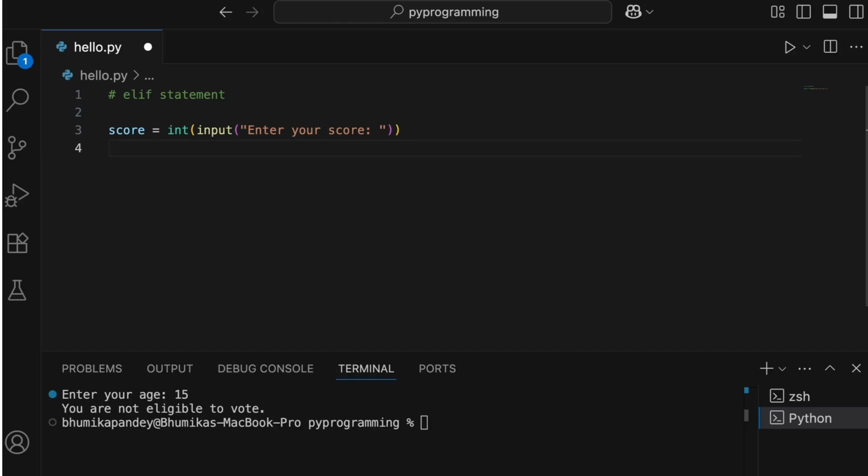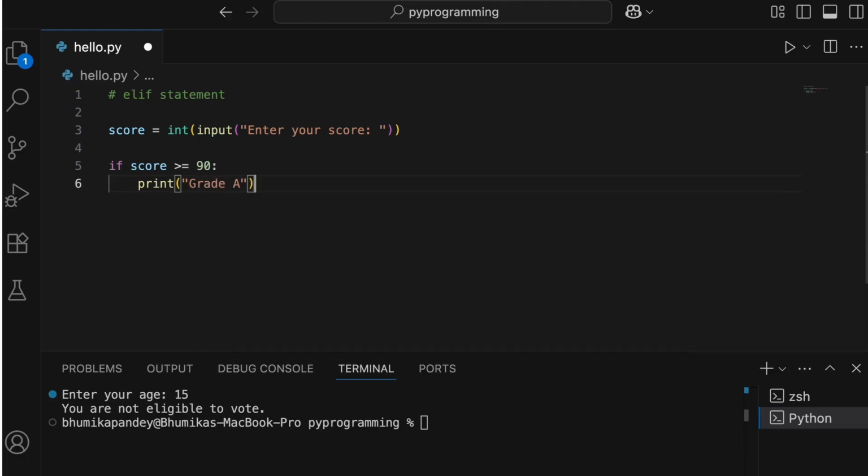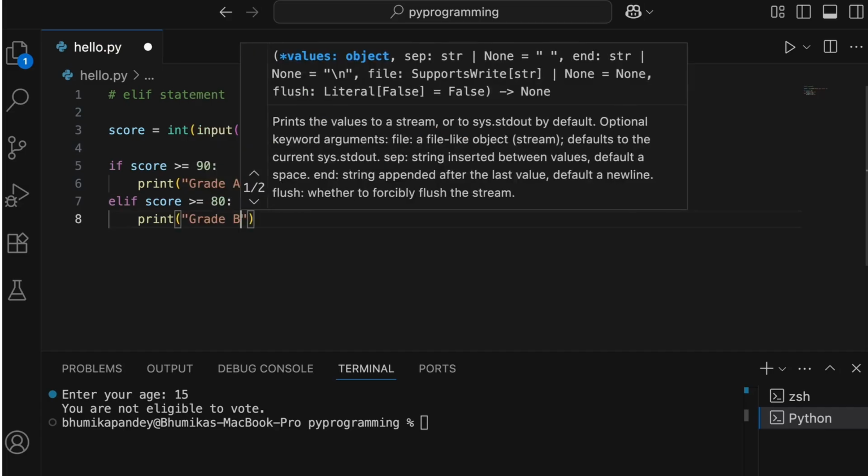Let's start writing the if statement. If score is greater than or equals to 90, we start this if block by using a colon, and then there has to be an indent. Print grade A for this. Now I also want different grades, like grade B, grade C and grade D, based on different ranges. That is why I'm not only going to use the else block, but rather I'll use elif. Elif score is greater than or equals to 80, then this block starts here. We'll give the grade as B.